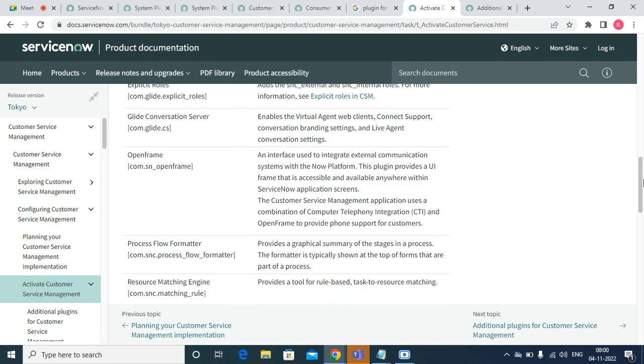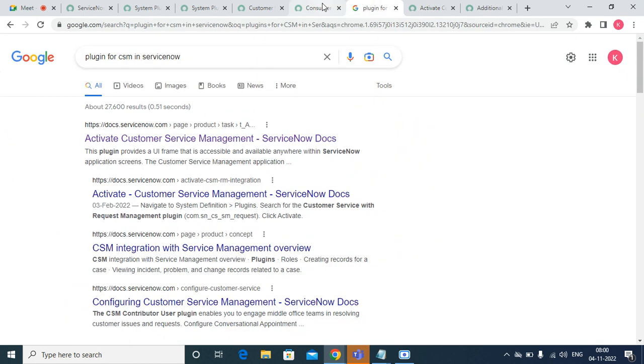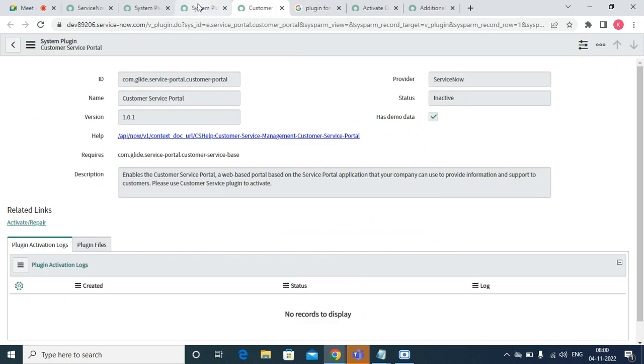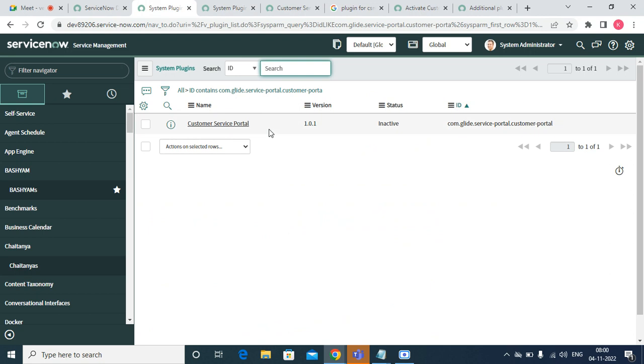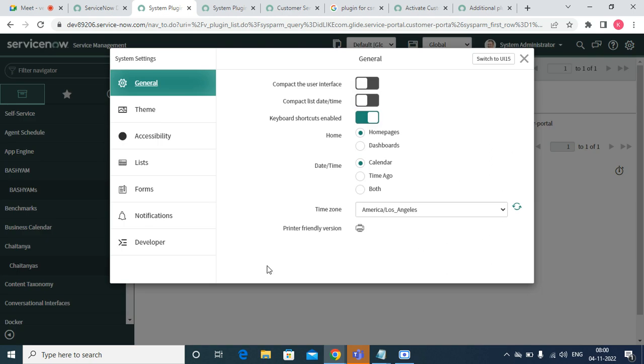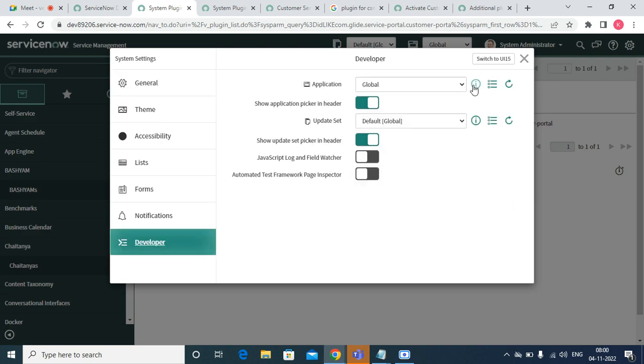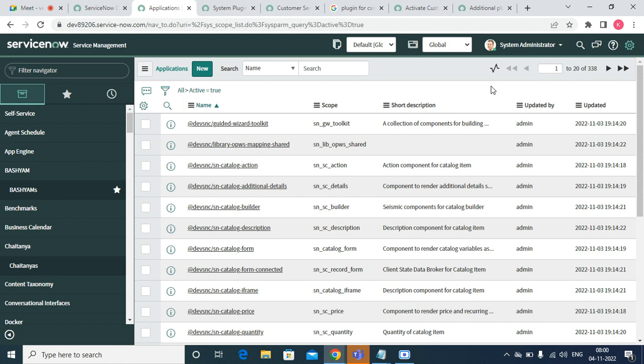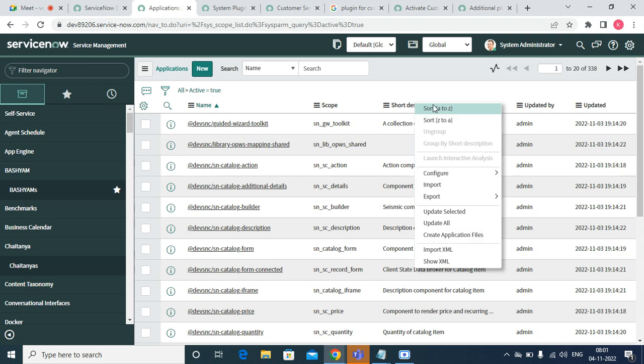I think a few of them can be requested by the service now. Here I cannot see it. Okay, the plugin is activated. These are the list of applications we have, and if I open this one,